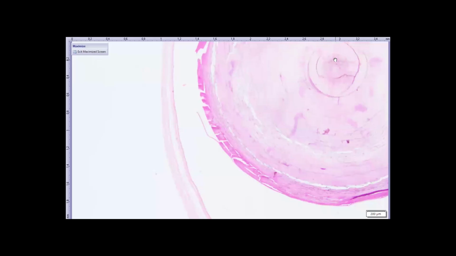So this is a flounder, and that's typical of a fish lens. Not only is it spherical, but if you pulled it out of the eye, you could detect that it's